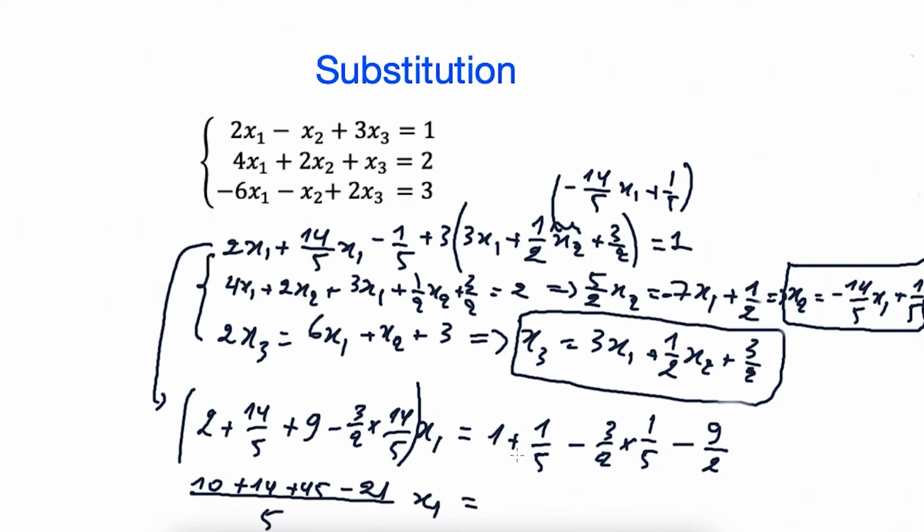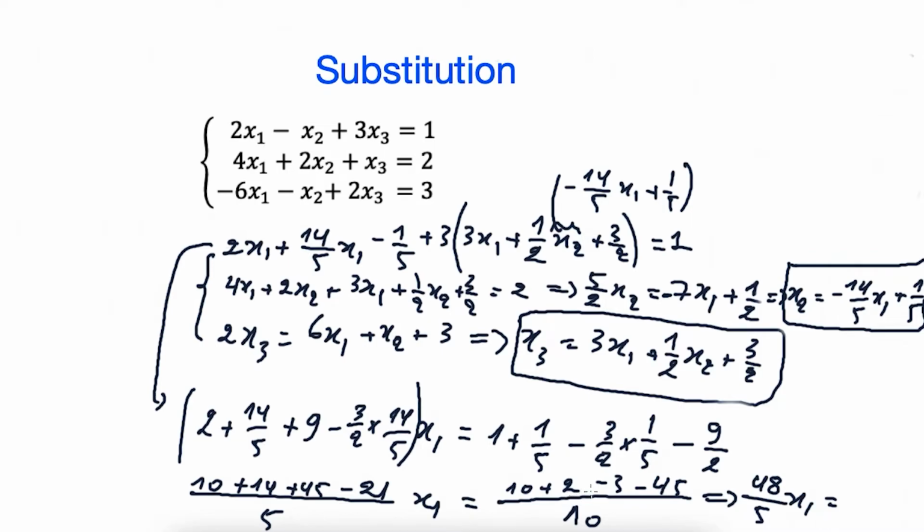And on the other side, when we divide by 2 times 5, which is 10, it will be 10 plus, multiplying by 2 minus 3, and multiplying by 5, minus 45. So using a calculator, this part is 48 over 5 x1 equals